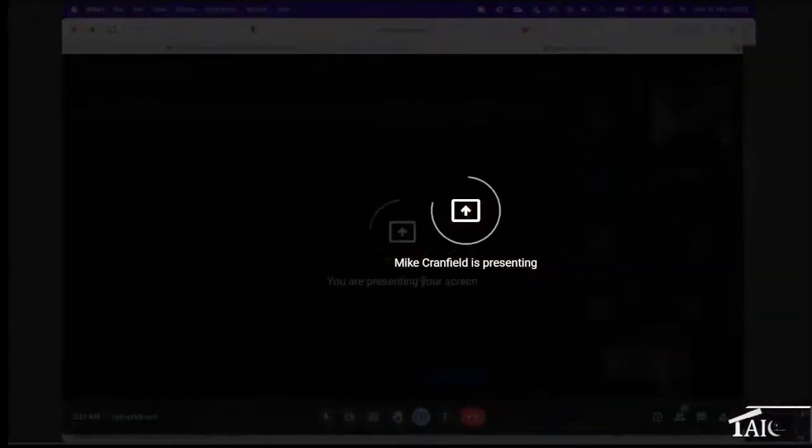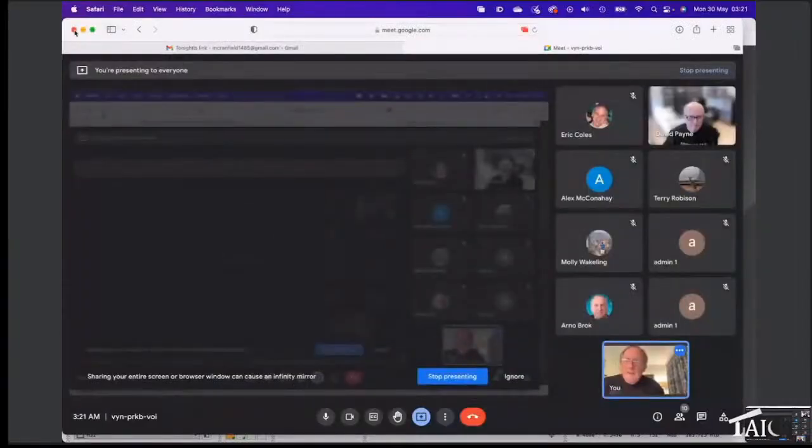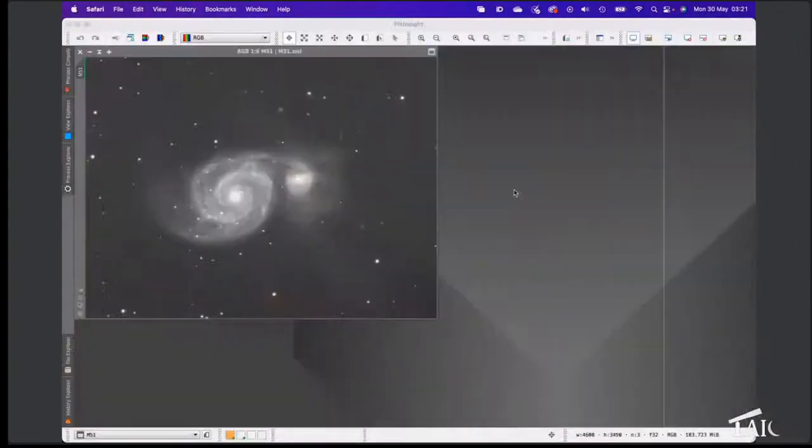So moving on then just to the demonstration, if I can try and share my screen with everybody. Hopefully now people can see my screen. Yes, we can see M51 there on PixInsight. That's great. Thank you. So let me just start with practicalities, because I think it would be useful for people